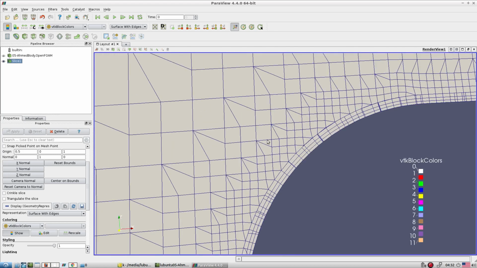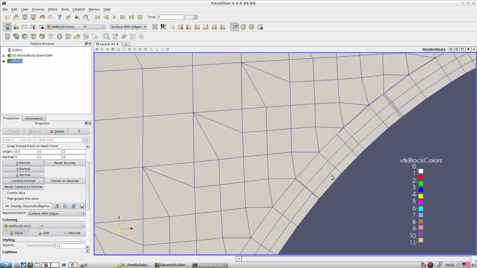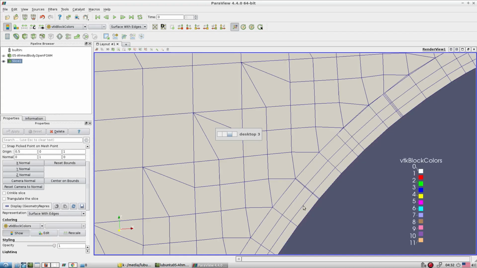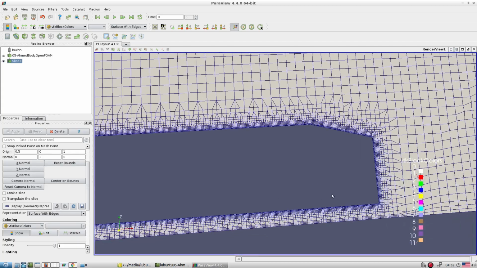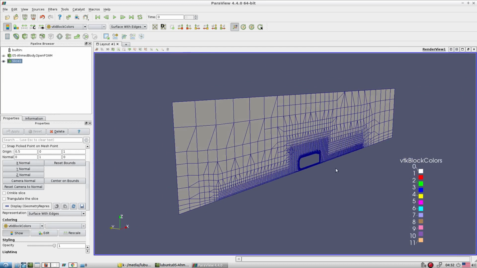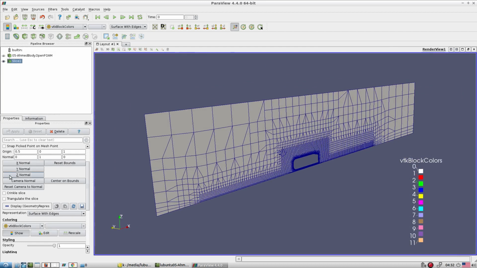So the size of this first cell height comes from this particular calculator. Based on your y plus requirement you can tune this size. You can set that size in the mesh generator. So this is how the mesh looks. Let me cut an X view.